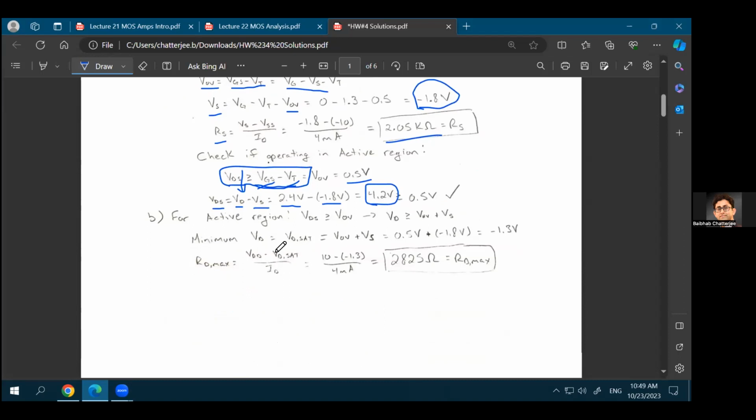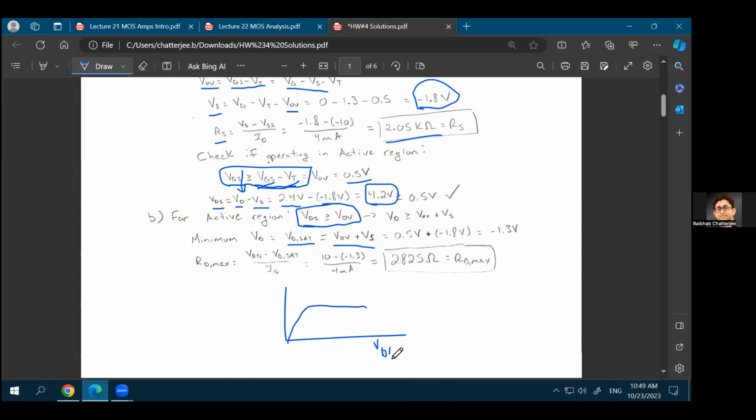So the minimum value of VD, or actually you can start from the point that your VDS has to be greater than or equal to V overdrive. The minimum value of VD for which this condition is satisfied is called VD sat, and that VD sat will be V overdrive plus VS, because the minimum value of VDS is V overdrive, right? Remember this curve of